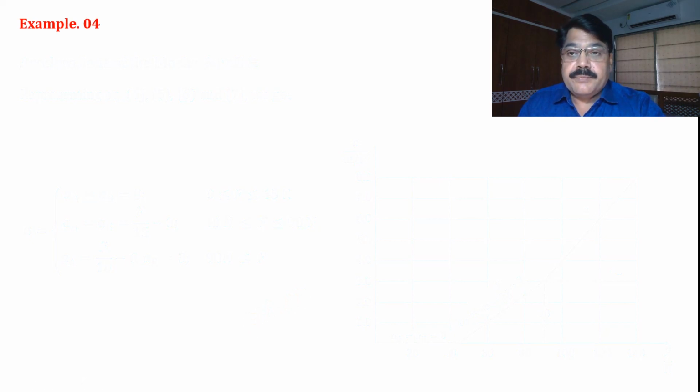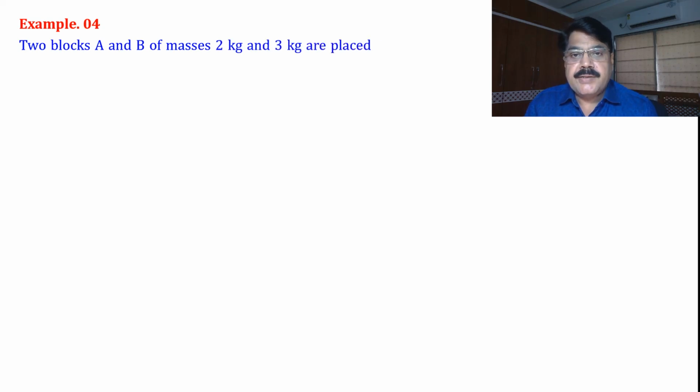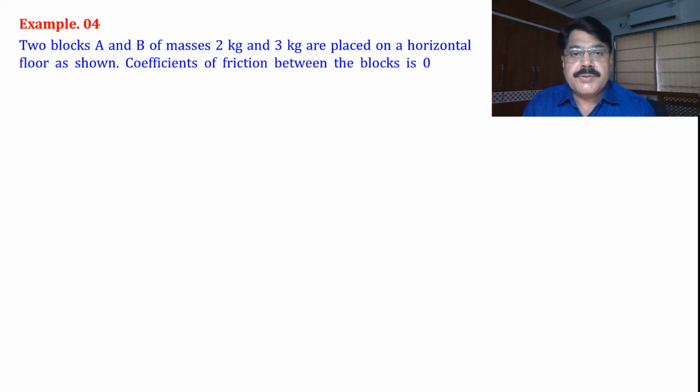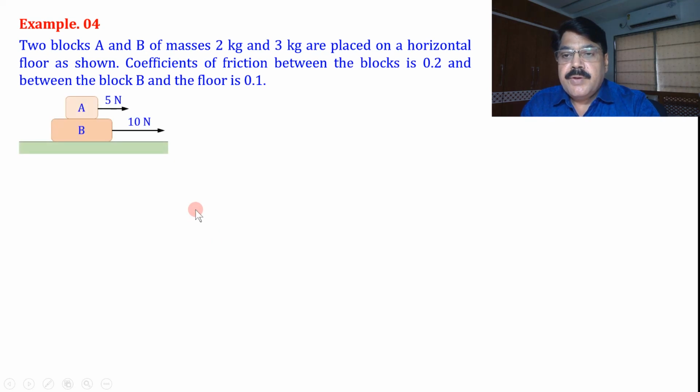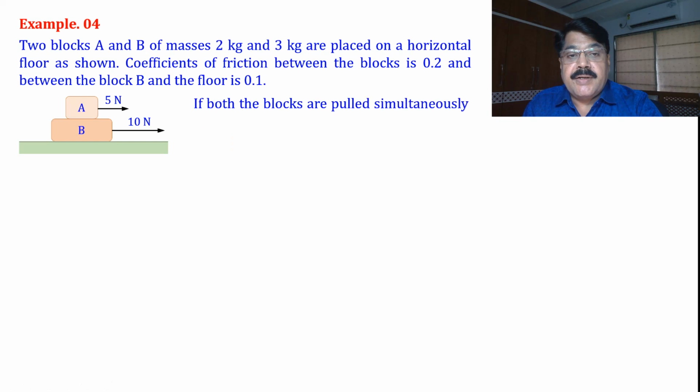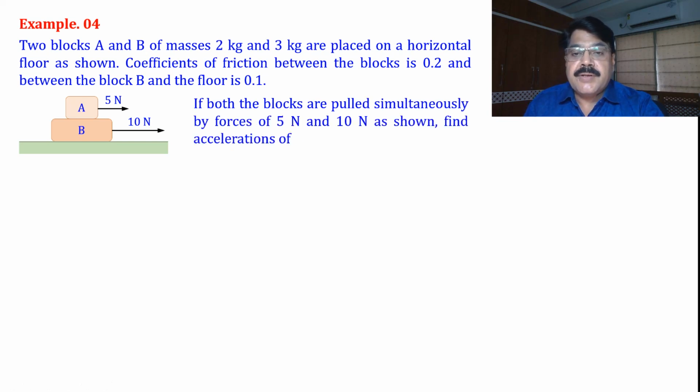Example 4. Two blocks A and B of masses 2 kg and 3 kg are placed on a horizontal floor as shown. Coefficients of friction between the blocks is 0.2 and between the block B and the floor is 0.1. So this is the situation. Now you can see here two forces are applied simultaneously on both the blocks. If both the blocks are pulled simultaneously by forces of 5 Newton and 10 Newton as shown, find accelerations of